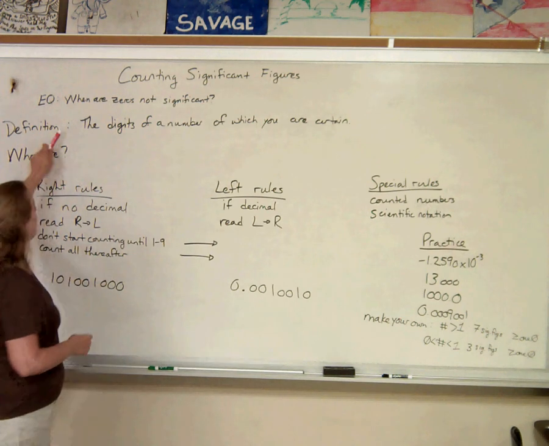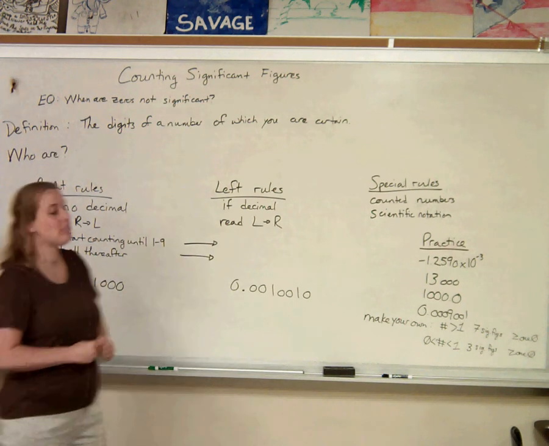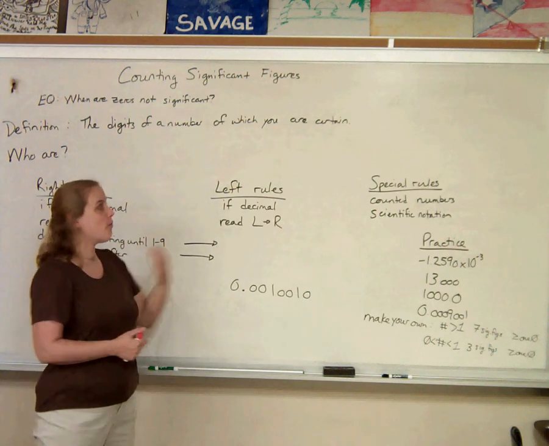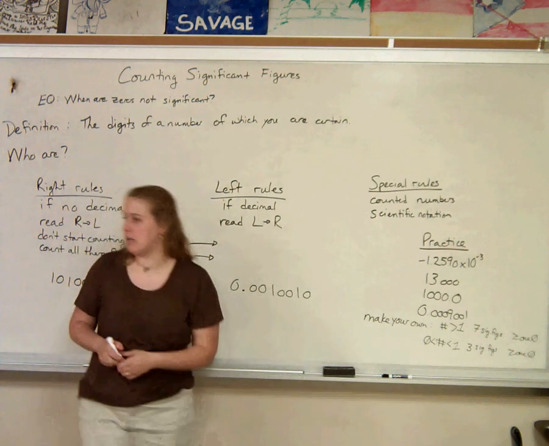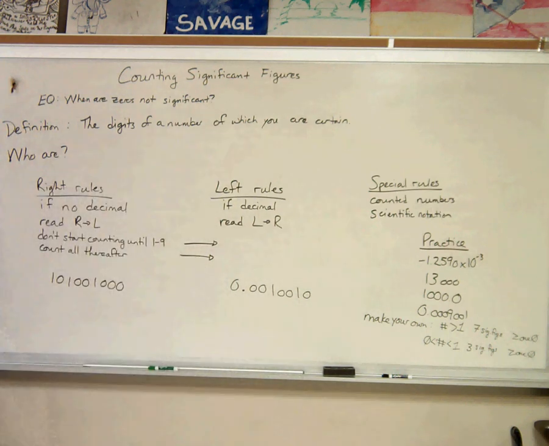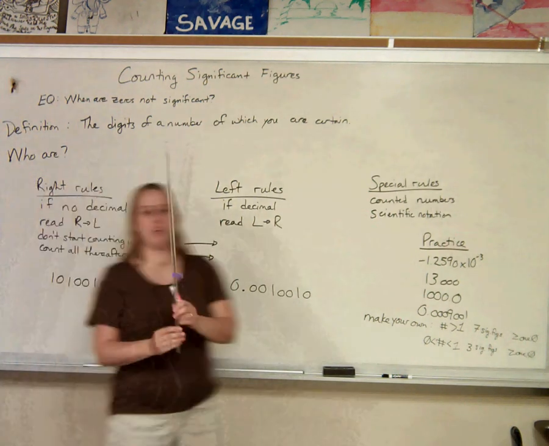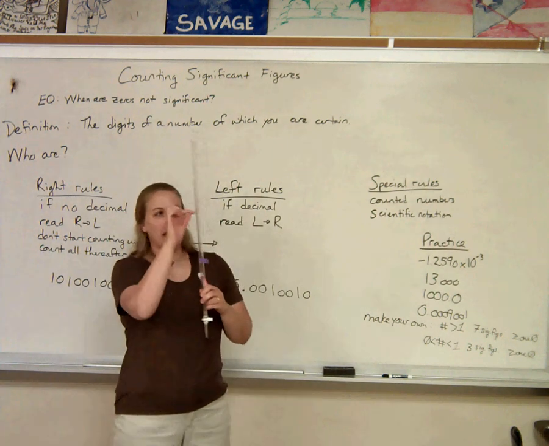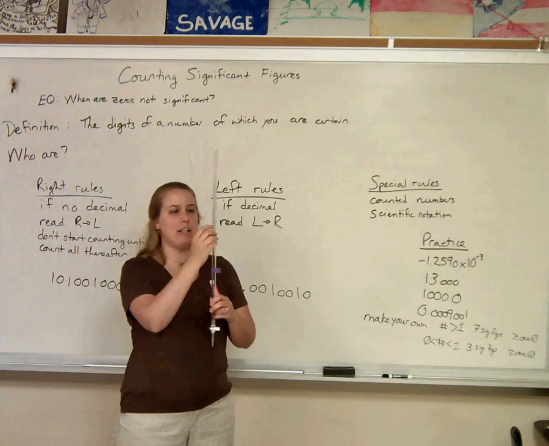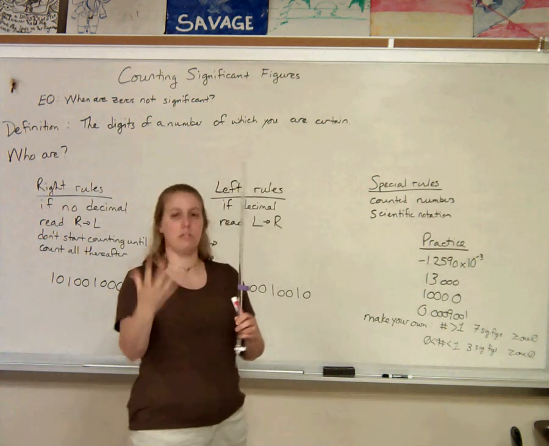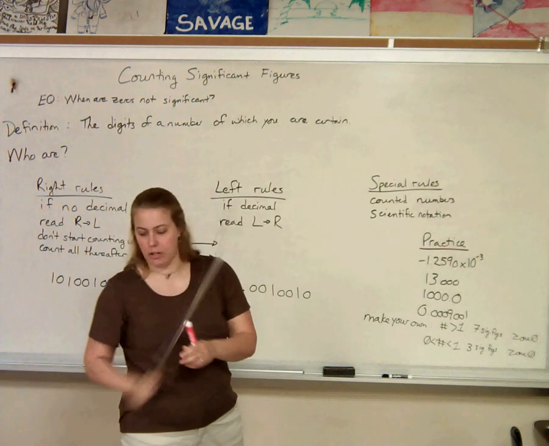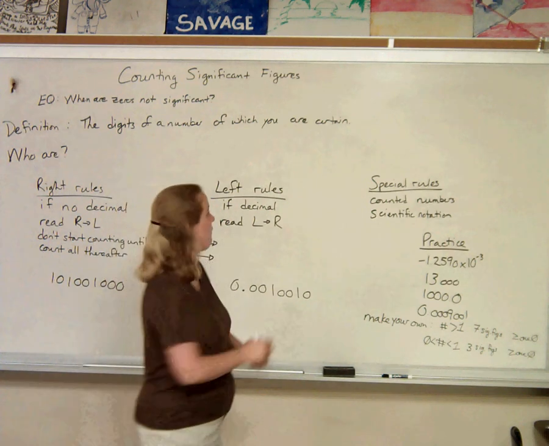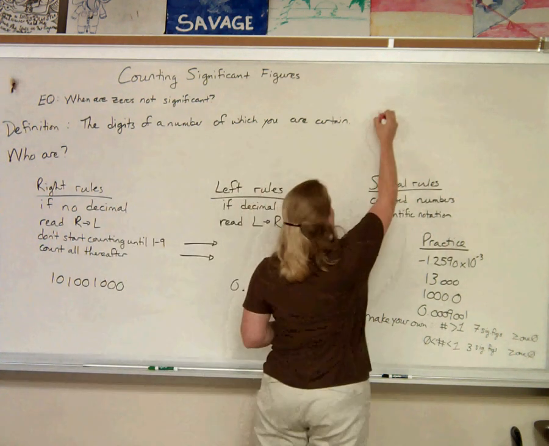The definition for significant figures is the digits of any number of which you are certain. So if you are taking a measurement of something, let's say that you have a burette and you are measuring a volume with your burette. The level of precision of the burette gives you one amount of certainty. You cannot say what the measurement is beyond that level of certainty. For example, if the burette tells you that it is 32.6